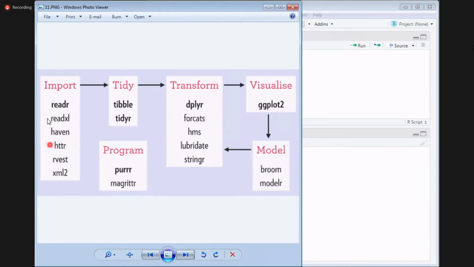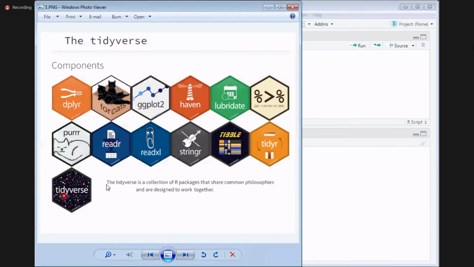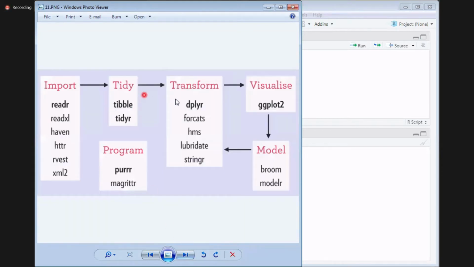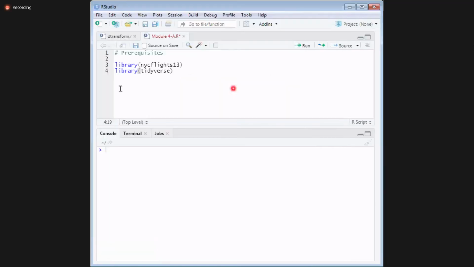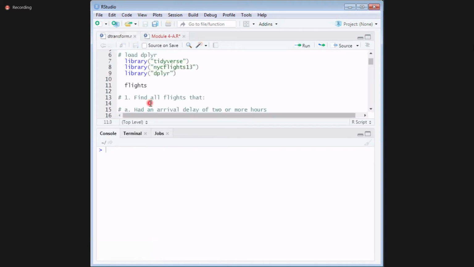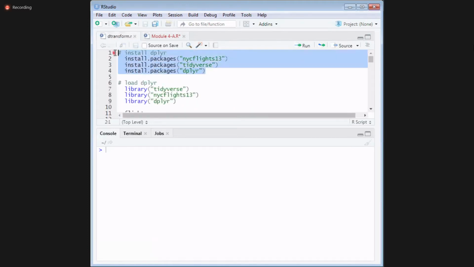So all these packages are built into the tidyverse package. If you install this one package, by default all will get installed, even our required package. So instead of installing only the dplyr package, I'm installing tidyverse in general. Directly if you use library, it will not work. What you need to do is install them first.